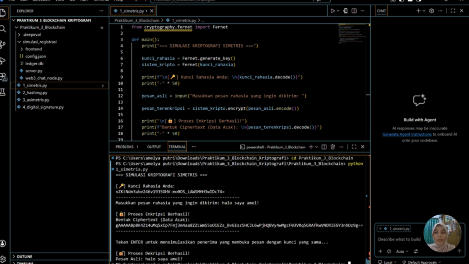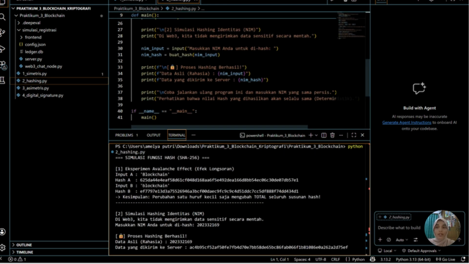In the second part, I input my student ID number. The data is not seen in its original form, but is converted into a hash value. If I run the program again and input the same student ID, the hash result will always be the same. This shows that hashing is deterministic. Hashing is also a one-way function, which means it cannot be converted back to the original data.